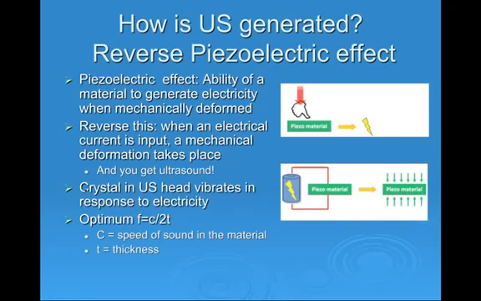So not that you need to memorize this equation, but the thing to keep in mind is that you see the thickness. When we change our settings on our machines, we don't have a thickness setting. We don't have the ability to change our crystals, so it's set at one thickness. And so if this equation gives us the optimum frequency, then we have a problem here because we're switching all